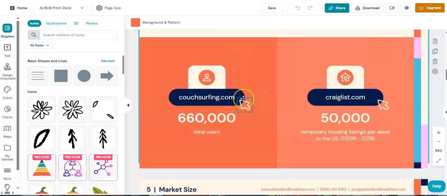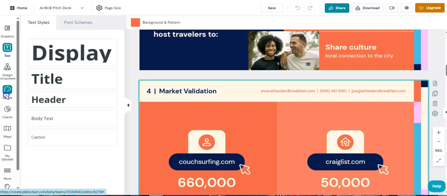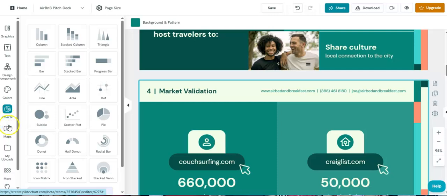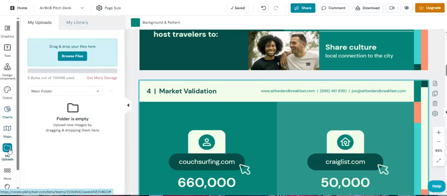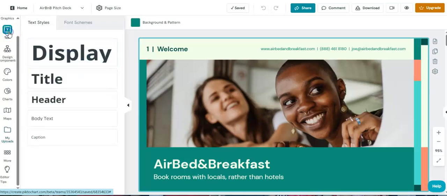I can then begin adding my own information and even simply changing colors, fonts, and adding images by using this toolkit over here on the side. So I can insert text, I can change the colors, I can insert charts, maps, and even upload files or images from my computer into my PowerPoint. I think that this tool is very useful, especially when it comes to creating lessons or even an open house PowerPoint for school. I'm going to go back to home